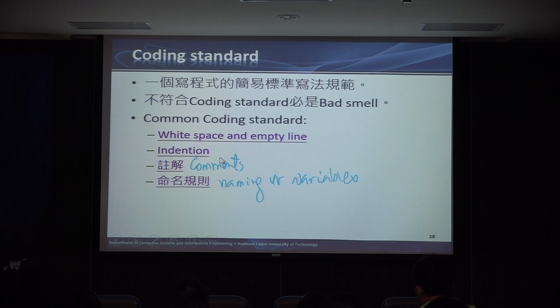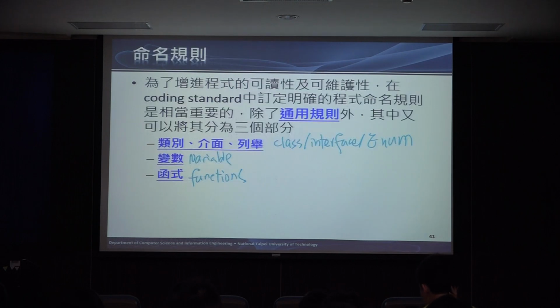Indentations, comments. We have comments for the file, comments for the class, and comments for each of the functions. For each of them, you have different ways to create your comment. And we also talked about the naming convention: how you're going to name your class, interface, variables, and functions. We have all sorts of